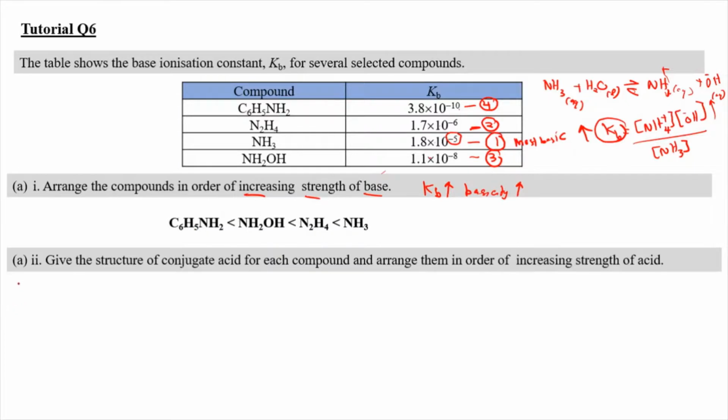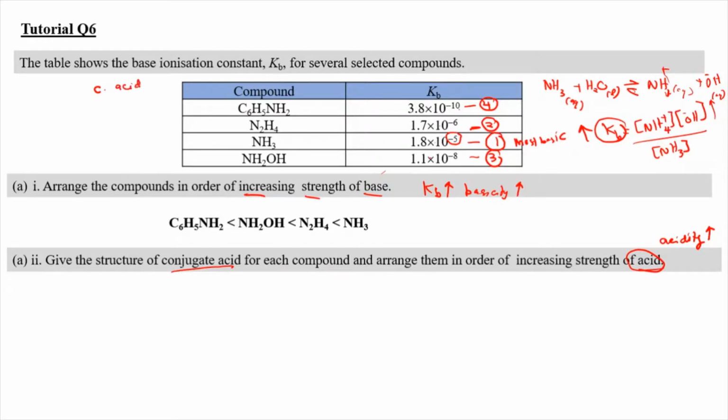Now for question A2, we need to give the structure for the conjugate acid for each compound and arrange them in order of increasing strength of the acid. Okay, so it's the reverse. We want to arrange it according to the acidity. And from here you can write the conjugate